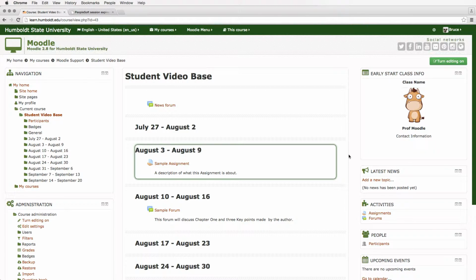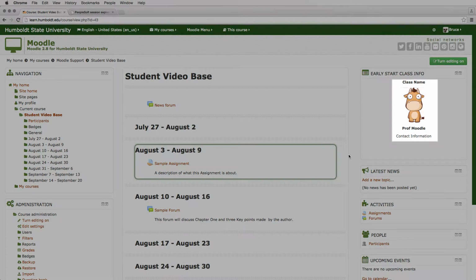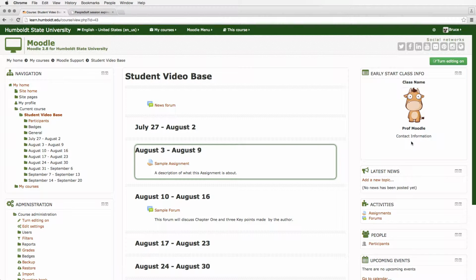We are in Student Video Base, and we just added some pictures. Just a couple of quick notes. Notice in the upper right-hand corner we have that picture of a cow. That's 75 by 100 pixels and no more than 150 DPI. If you're going to be uploading pictures, we're going to go with the presumption you've got a pretty good idea how to make those choices. Choose small. You do not need 30,000 megapixels. It'll get too compressed and end up looking like a smudge. And if there's anything I hate, it's not looking good.